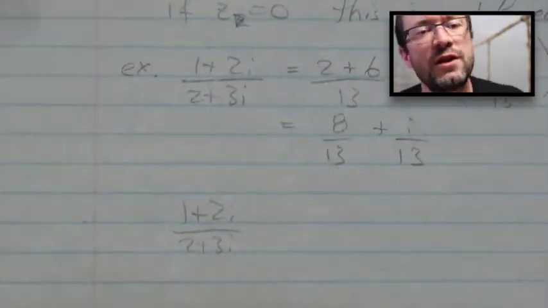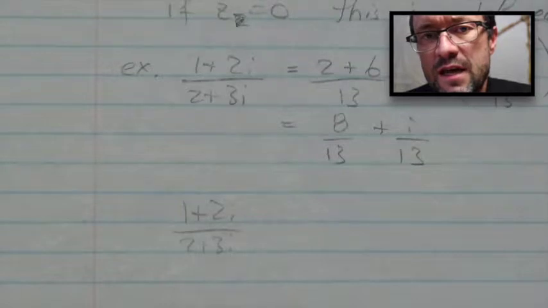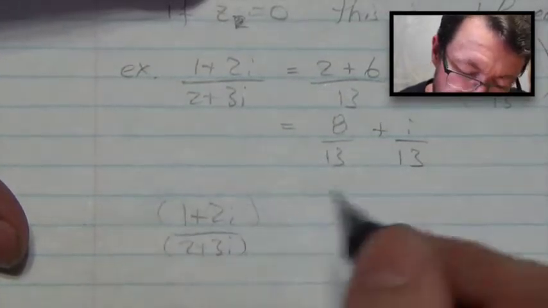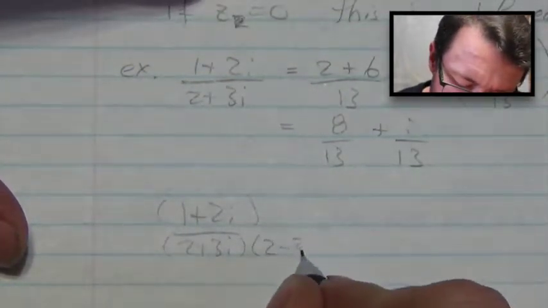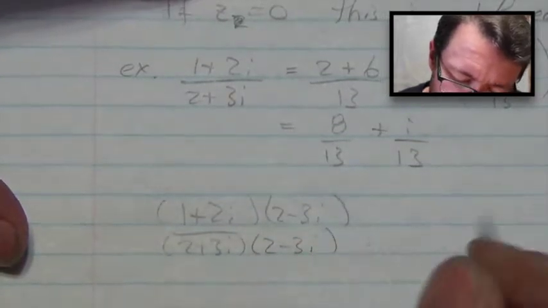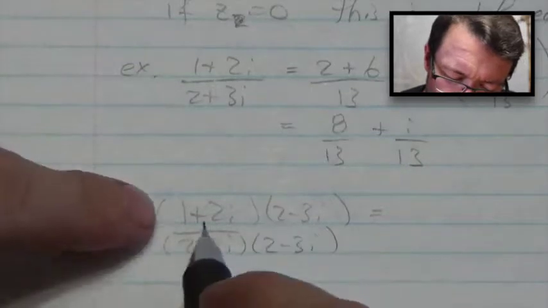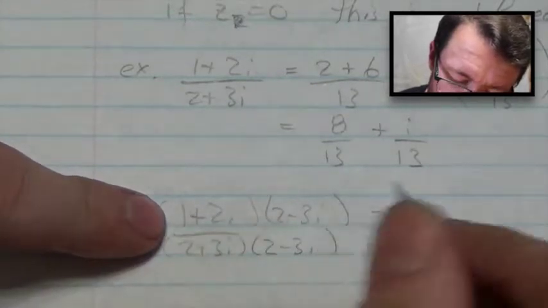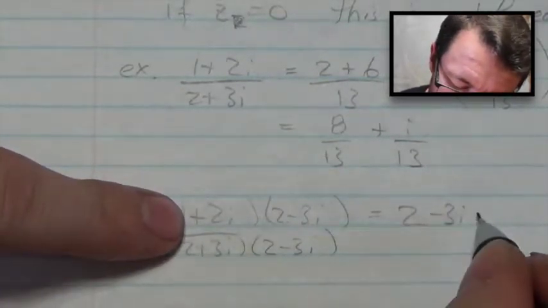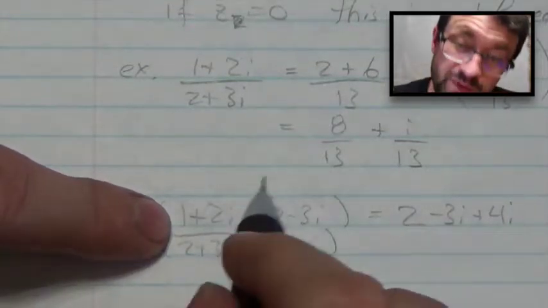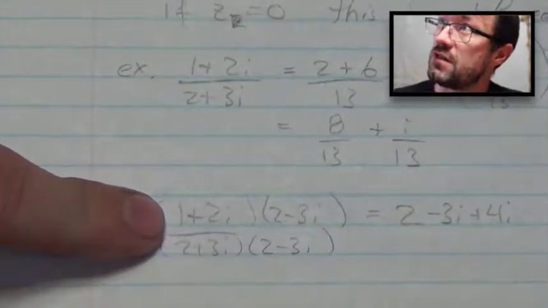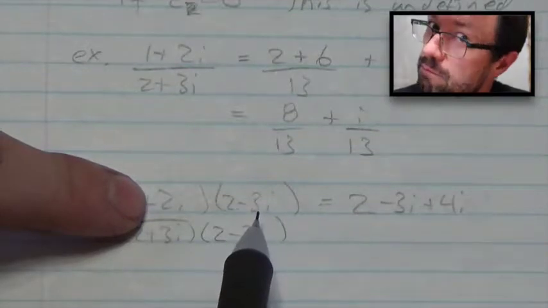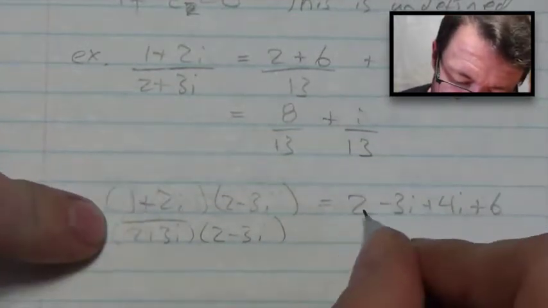What I'm going to do here is, and you will have seen something similar to this in one of your past math classes, multiply numerator and denominator by the conjugate of the denominator. Now watch what happens. The conjugate is going to be 2 minus 3i. This is something we're going to talk about in a little more detail later. So now I'm just going to distribute this out. I'm going to get 1 times 2 is 2, minus 3i plus 4i. Now watch this multiplication: 2i times negative 3i is negative 6i squared, but the i squared gives you a negative 1, so it's going to be positive 6, all over